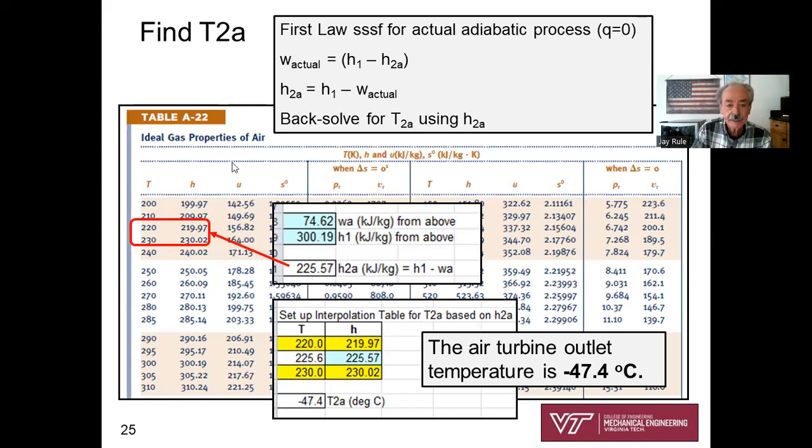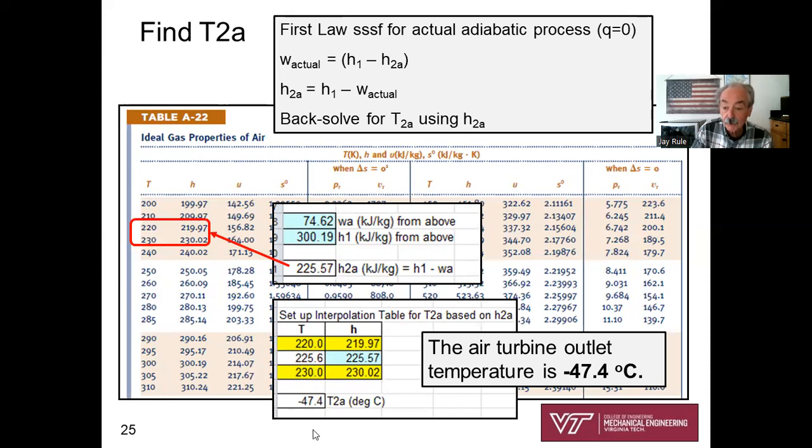Okay. So let's see, the actual outlet temperature, H2A, we've got to go back and solve for H2A. We'll use the first law. So the work actual equals, so let's see, Q, that's 0, minus the work actual is equal to H2 minus H1, H2 actual minus H1. So we'll solve for H2 actual from the first law to get 225.57. Oops, we're going to have to interpolate again. So we'll interpolate, okay? And we're finding that T2 actual is